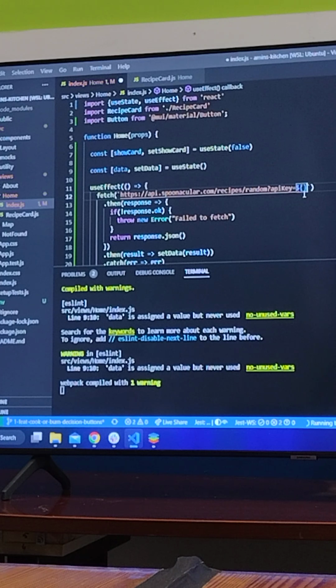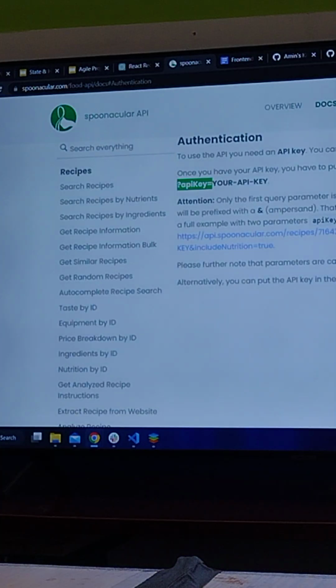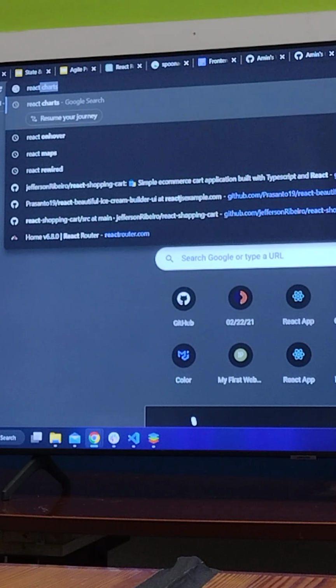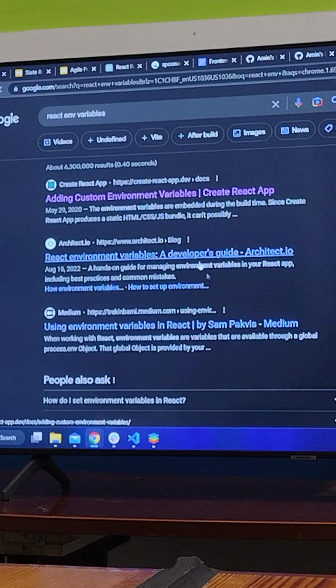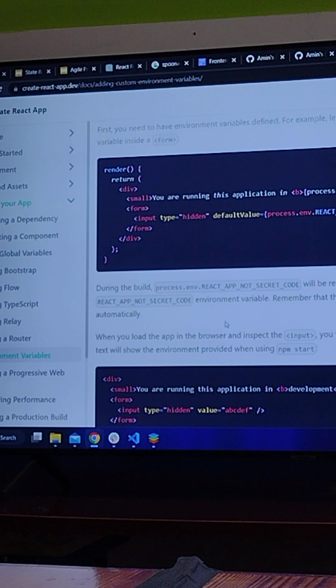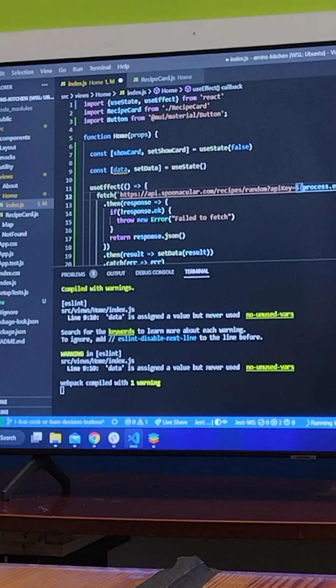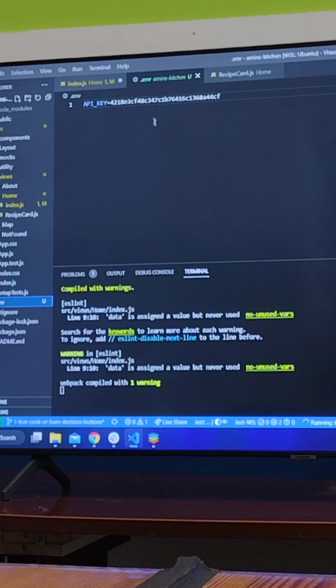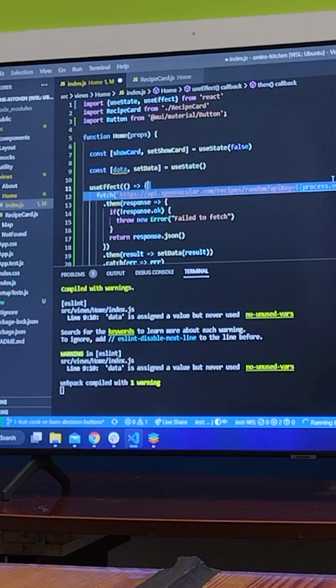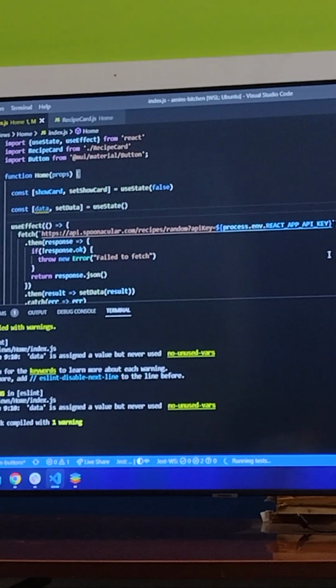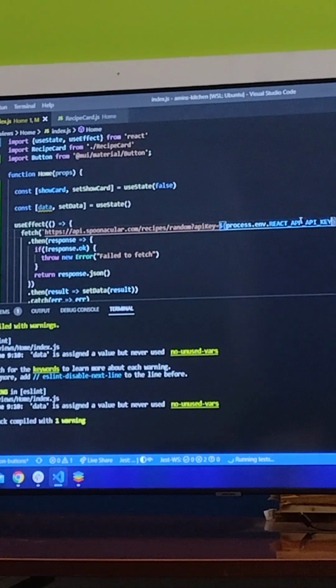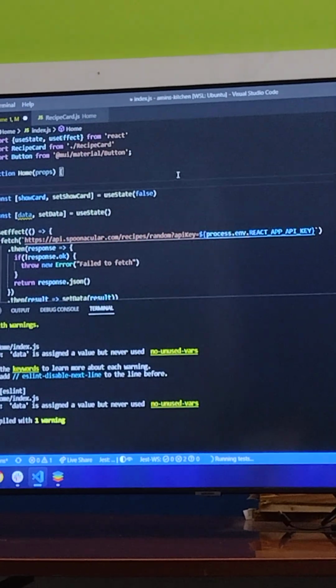Because our API key is a variable, we're going to use a template literal, and then I forget how to deal with React environment variables. So, custom environment variable, I think it's, there you go, this is it. process.env.REACT_APP_ and then I need to do API_KEY, because that's what I put inside my environment variable area. I don't think any of you are using any APIs with an API key, so you don't have to deal with this, but because we went down this train of thought, I'm going to need it. Before I do that, I'm going to real quick make sure that